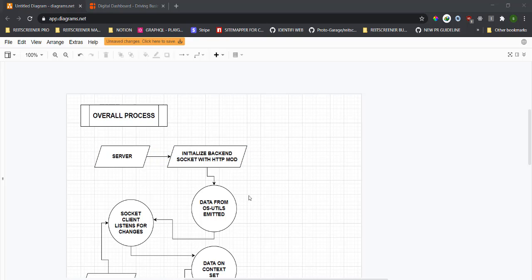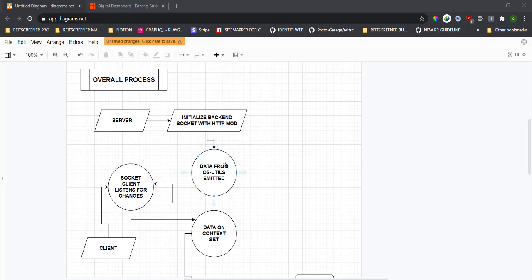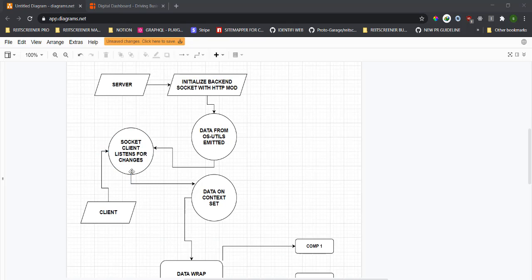And then right after, we're going to emit the data from OSUtils. So we're going to be scraping the data from there, and we're going to use the socket.emit function so that we can emit the current data from this package. And once the data is emitted, on the client side we're going to be listening for the changes. So we're going to be subscribing for the changes if ever there are,